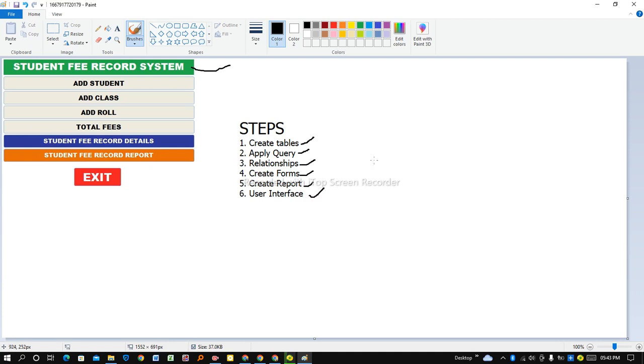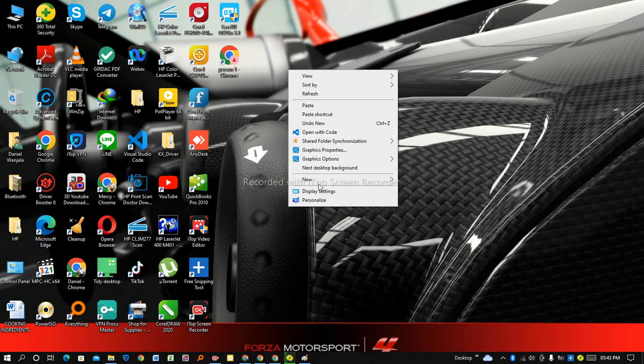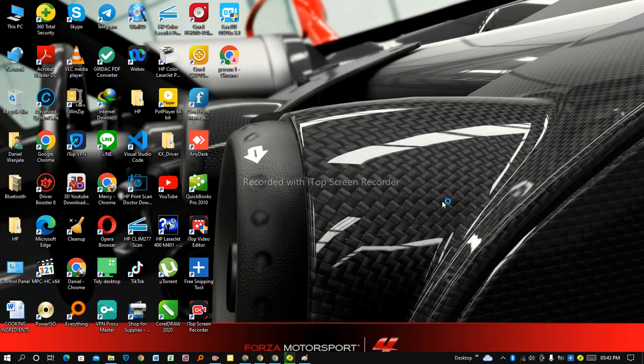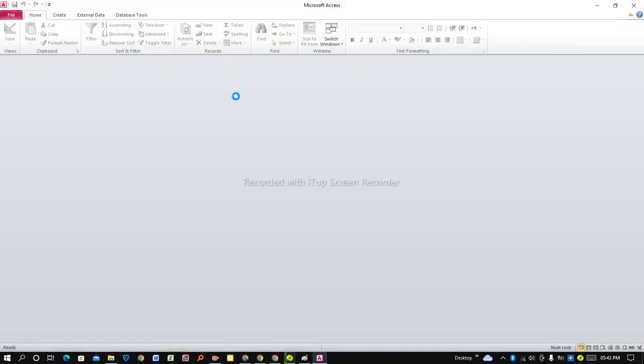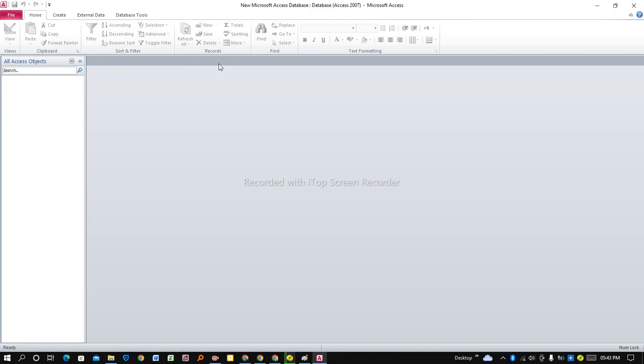So to start with, we're going to go to our desktop. On your desktop, you right click, go to new, then you open Microsoft Access database. Here it is. We open this new Microsoft Access database. Then make sure you enable content. To enable content, we are going to go to file,